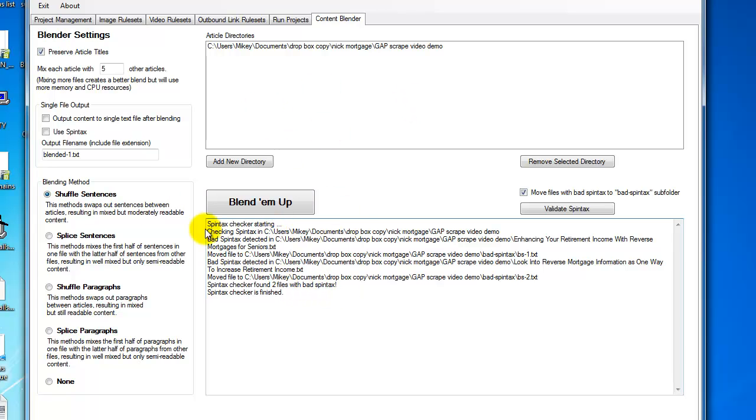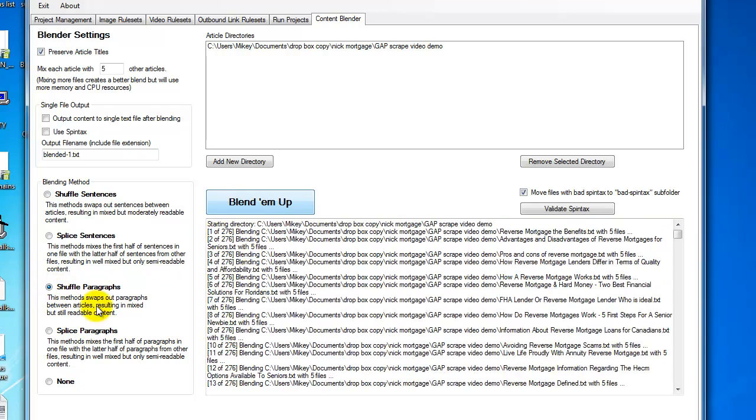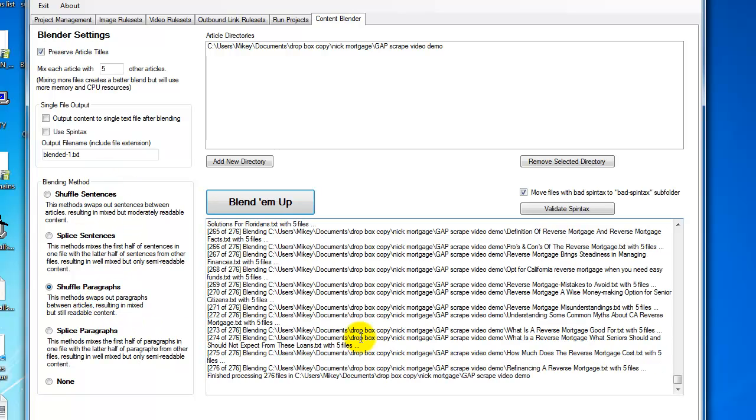Okay, so that's done, and then the next thing I'm going to do is shuffle the paragraphs. You just simply select that and then hit blend them up, and shuffling paragraphs works quicker than the other methods. Okay, so all 276 articles have been blended together paragraph wise, and then the next thing I'm going to do